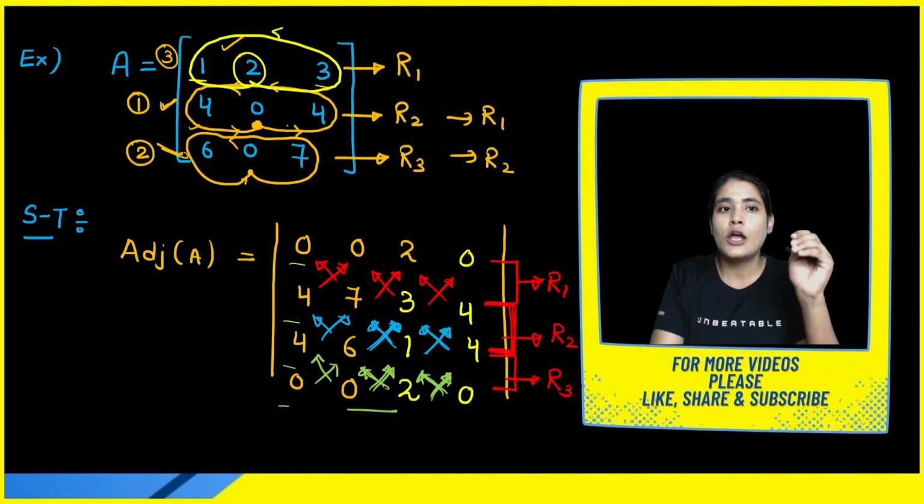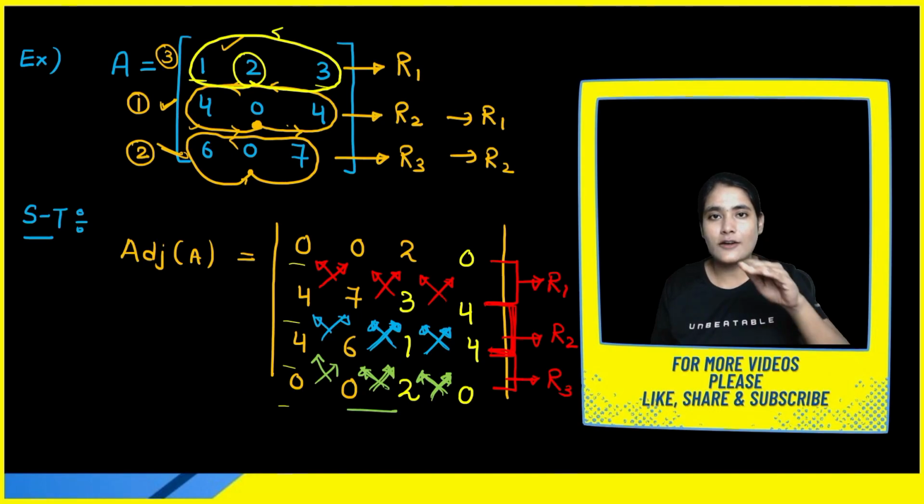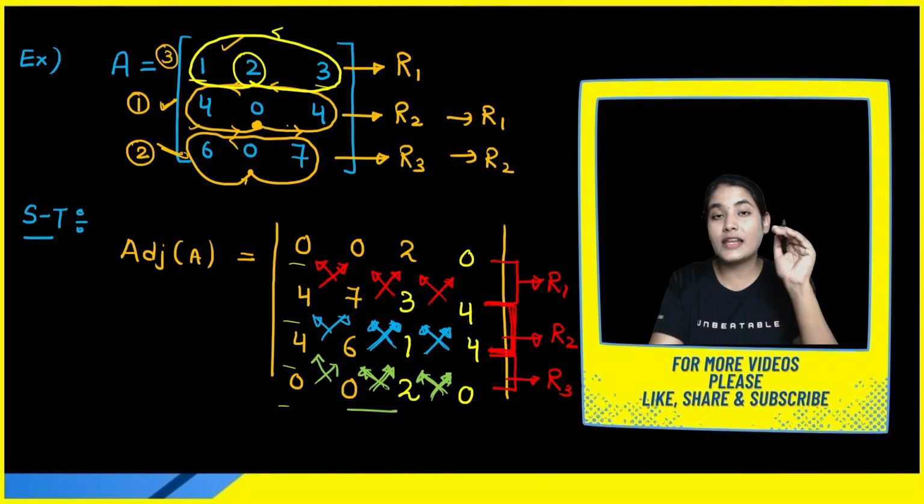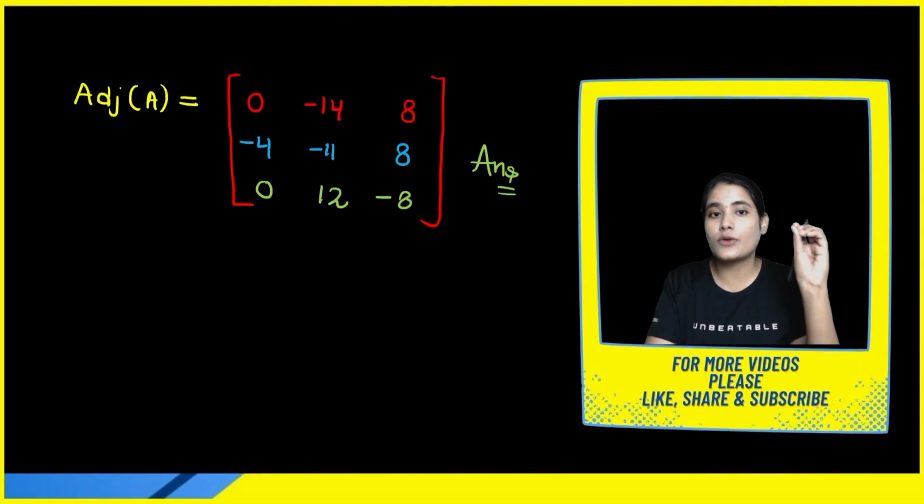Whatever matrix you have, start from the mid row, go in the counterclockwise direction, start from the mid row, repeat it, then go for the third row, then go for the first row, again repeat the same process, then copy the first column again. Then with the help of two rows, you can very easily create your adjoint matrix.